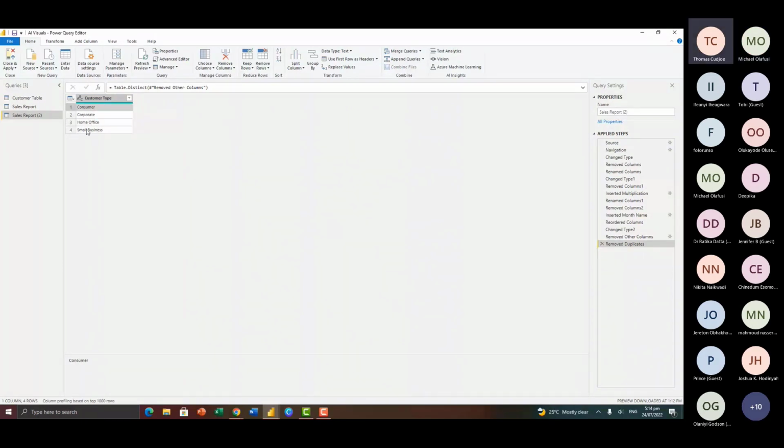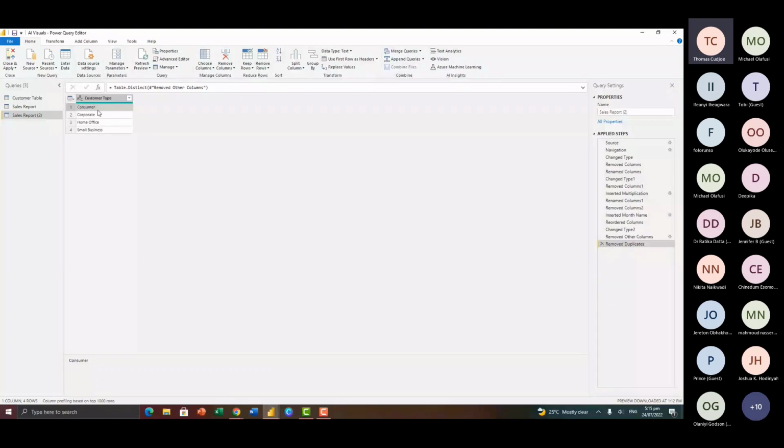So now I have the list here. If you take a look at this, you see that we have 4 main types of customers. What we want to do is to limit the data that we import into Power BI based on the customer type. We don't want to import everything because of performance issues and maybe the size of the data. So we want to limit the amount of data that we load into Power BI based on the customer type. The data analytics project that we want to undertake is going to be based on a single customer. We don't want to put everything together. So we want to analyze it based on the customer type.